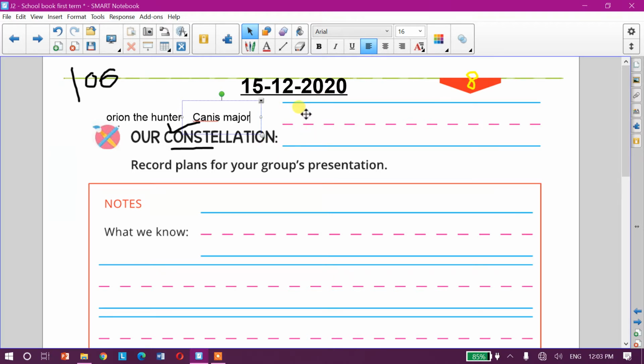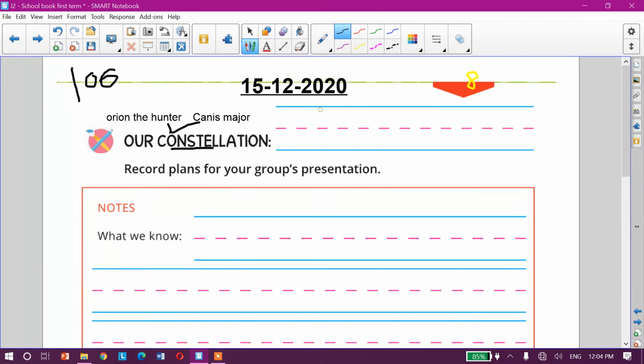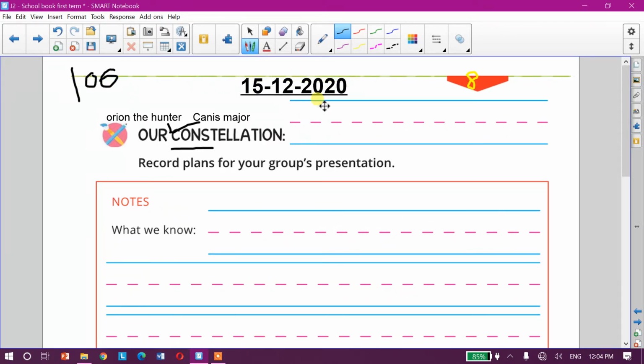We will talk about our constellation and do research about constellations or different shapes of constellations on the internet, so that we will talk about Orion the Hunter. I will choose Orion the Hunter with you,